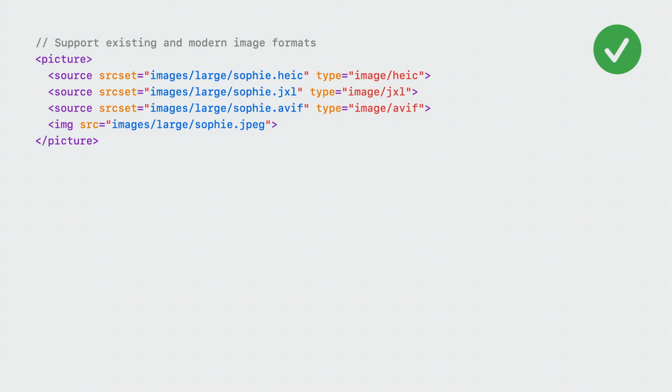If no matches are found, or if decoding failed along the way, the URL of the image element source is selected. That's how easy it is to provide the right format for people, regardless of device support, without the need for looking at the user agent string or worrying about the browser the user will use. You don't need to choose, let the browser do it for you.